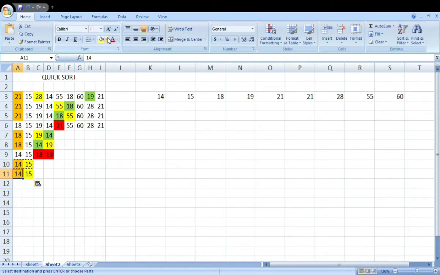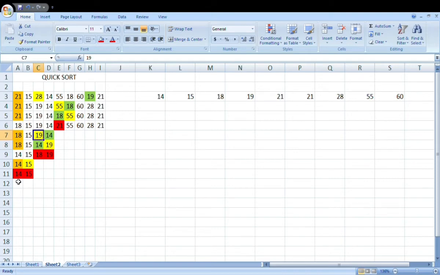So 14 is put in the right place, and now if you see, it has to sort this one, but it's only one number left to be sorted, right? That means this is also considered sorted. So this is also sorted. Now 14, 15, this left side of 21 is completely done. All the values are sorted now. The complete list left of 21 is sorted.